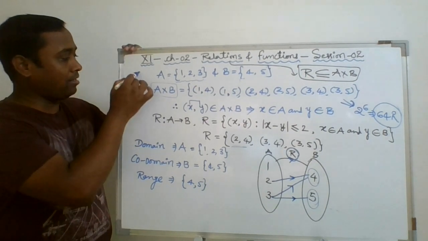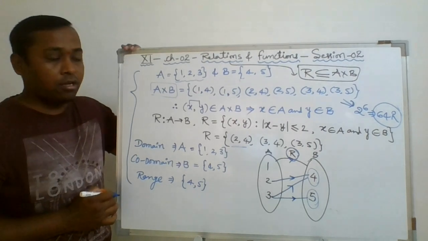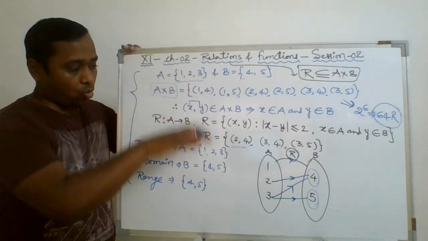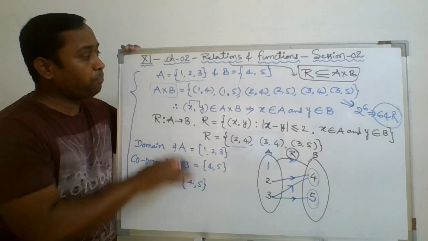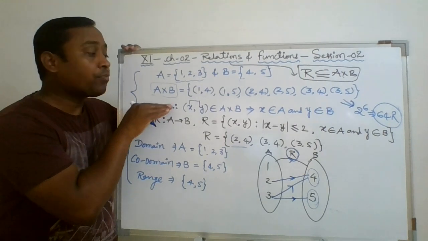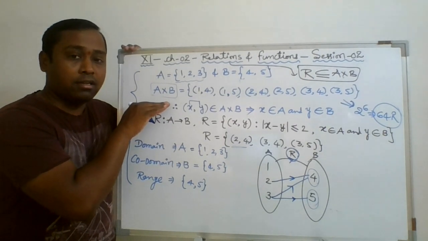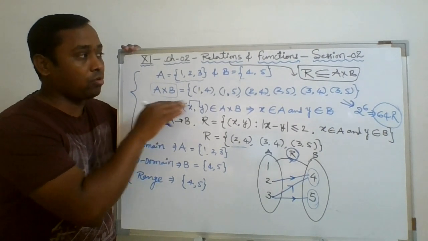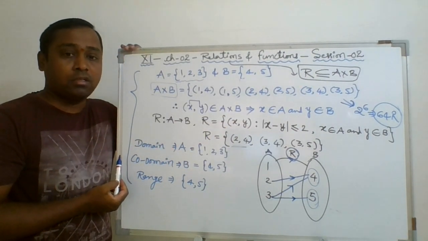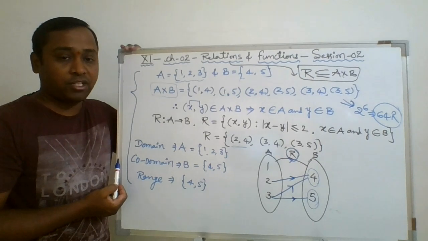So this is the entire topic under the relation which we have. So what is the scope? Yeah, you can say a mind map. They can start with the Cartesian product and they may ask the definition of relation. So you may say that a relation is basically a subset of the Cartesian product from A to B.